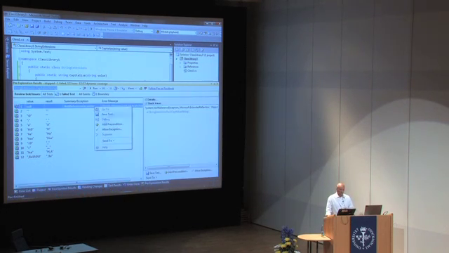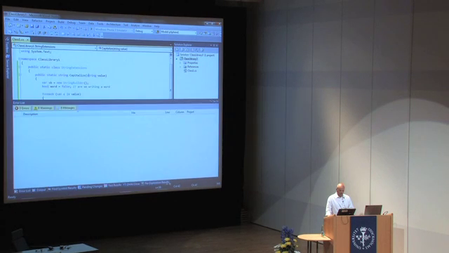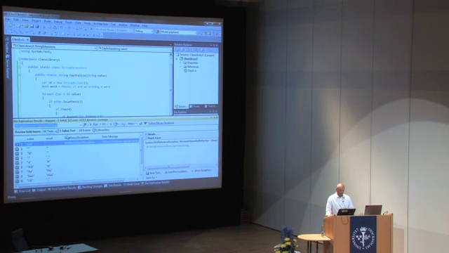So I can right-click that and actually use Pex to add a precondition to the code. So if I'm going to do this a bit more flexibly here, I think we have that one. So I do that, and I use